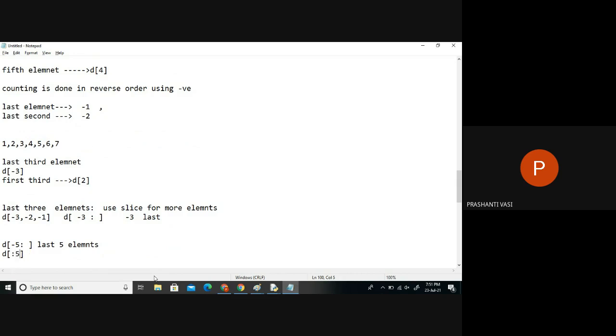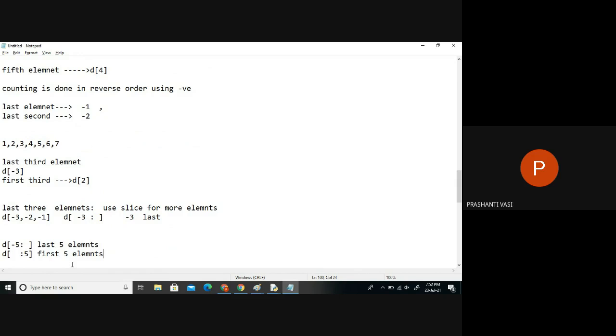Here the left is missing and the right side has the data. Can you guess? The fifth element will be first to 5. First 5 elements. Okay.